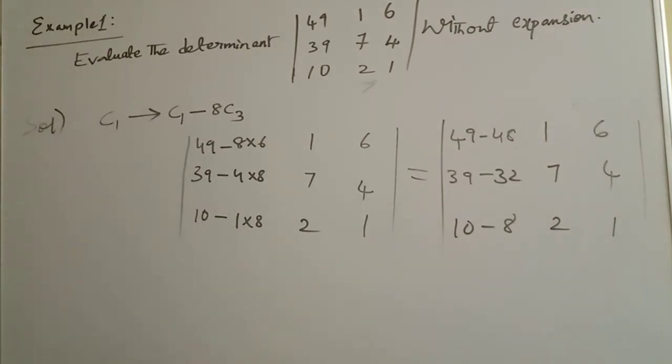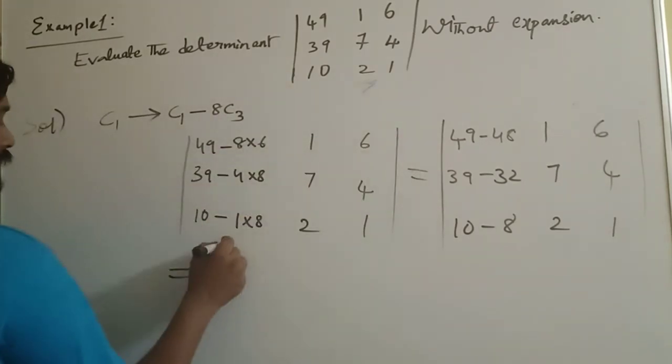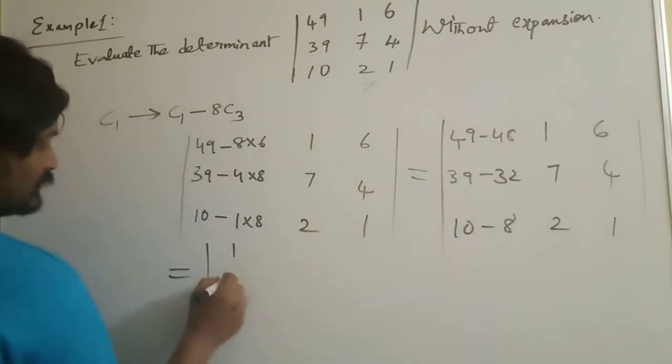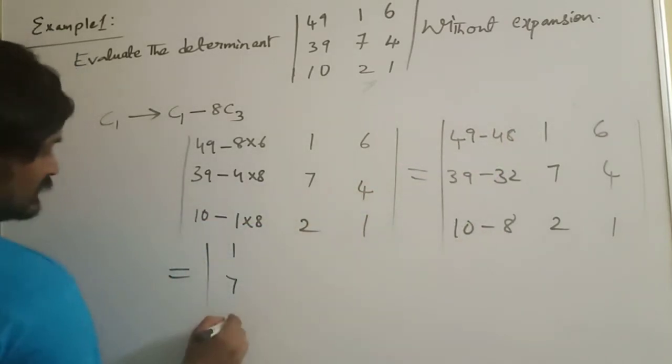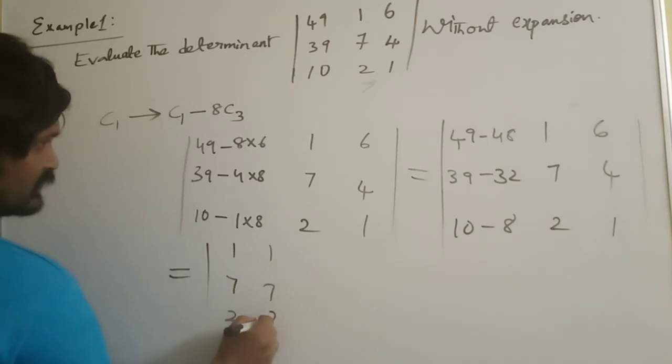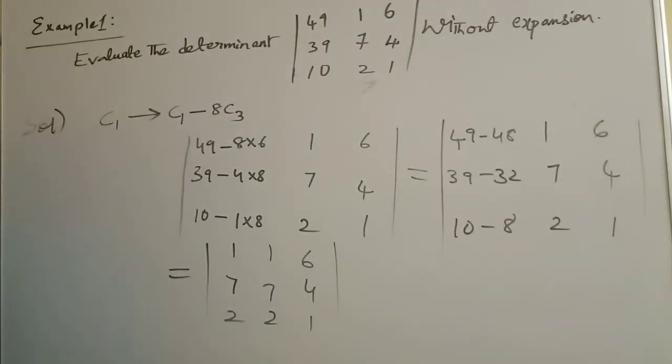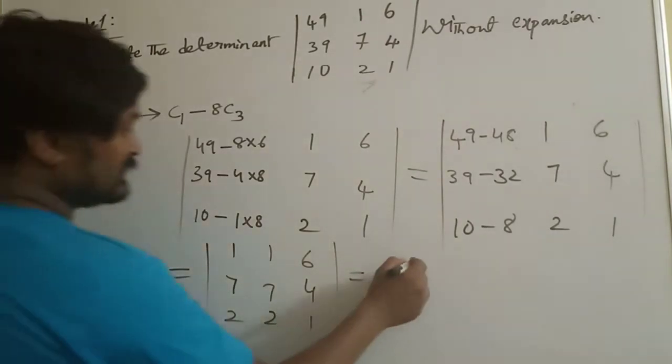Just observe: 49 minus 48 is 1, 39 minus 32 is 7, 10 minus 8 is 2. 1, 7, 2, 6, 4, 1. According to the property of determinants, if two rows are the same, the value becomes 0. So the value of the determinant is 0 since